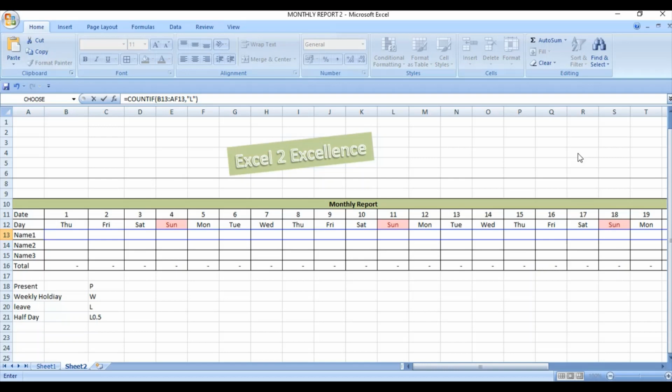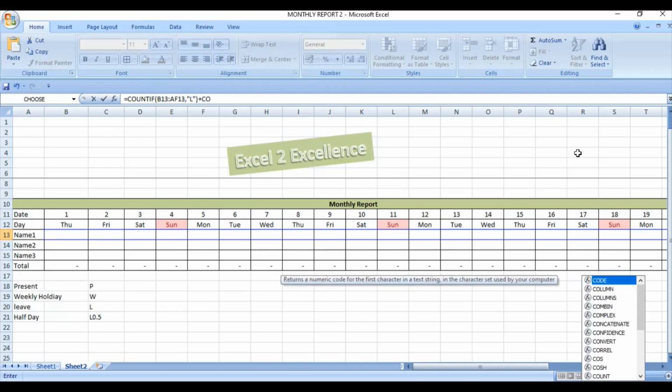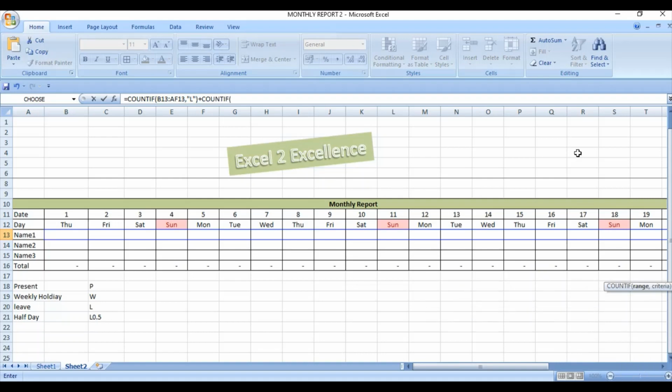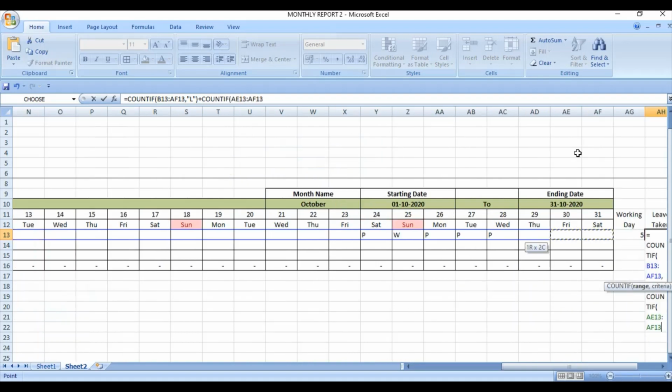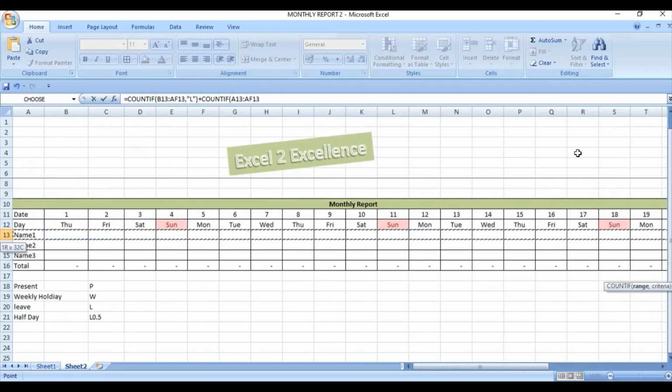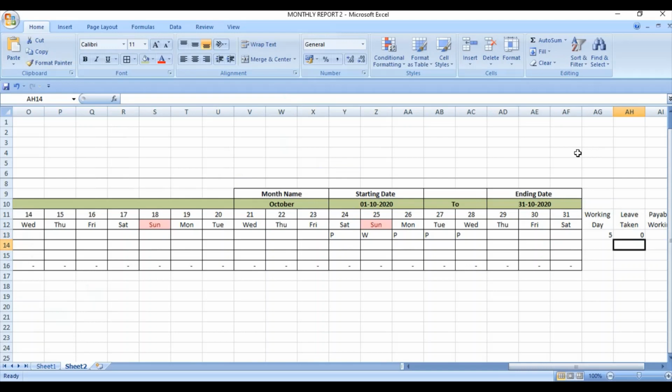So we will take accountability of half day also. So write here plus, again write COUNTIF, select the range of the data, now within quotation sign write here L.5. Now close this bracket and divide it by 2. So in turn it will count the number of leaves taken by the employee.